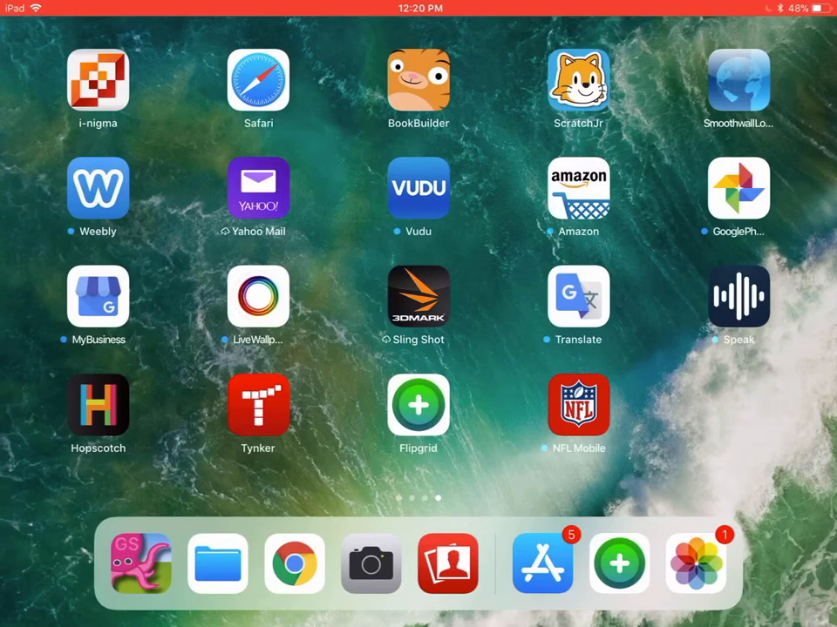Okay, so let's take a look at the Flipgrid app. I want to show you an example of one that's already done before we talk about how to create one. So if you get the app from the App Store, it looks like this. When you open it up,